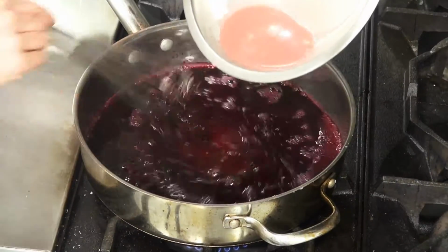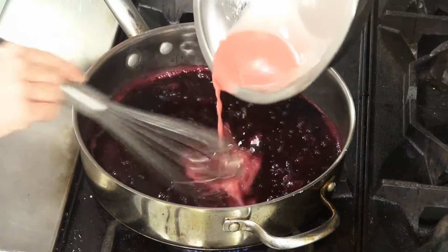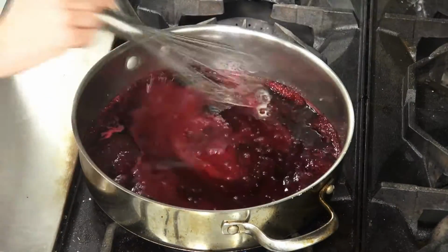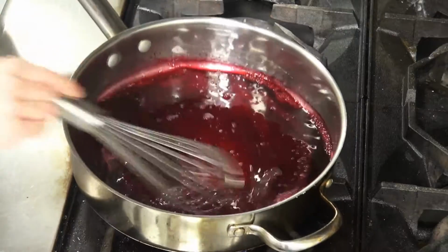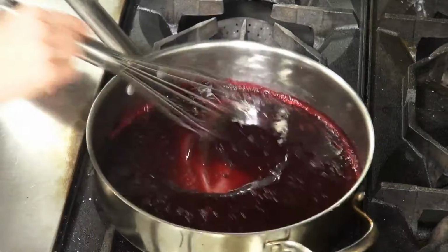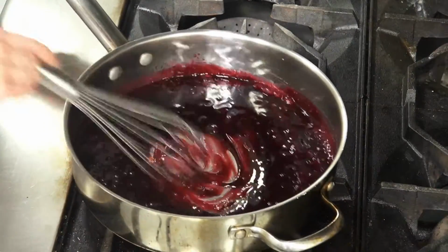I'm adding it a little bit at a time so I can keep up with it. You don't want to add this all to the pan at once because you won't be able to keep up with it. And you could end up getting some lumps, or you could even end up with some burning in the pan. So now that it's nicely thickened and it's starting to bubble, and the opaqueness from the cornstarch is actually gone,